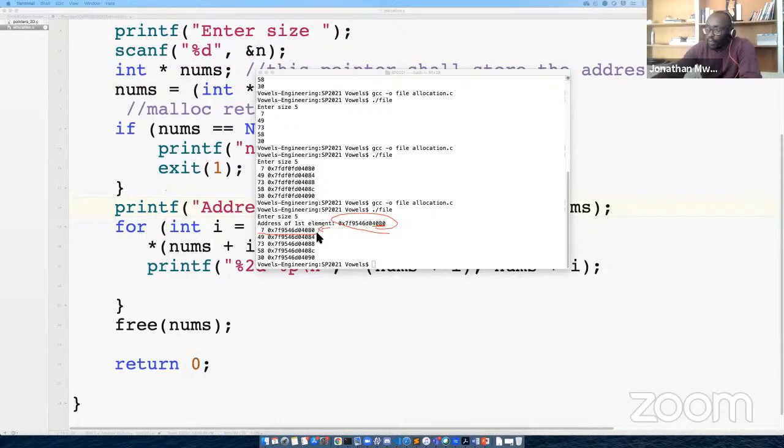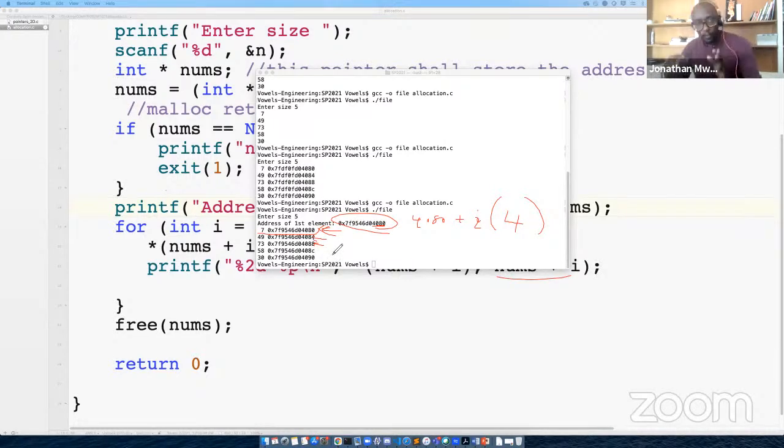And for every single item from there, when we do nums plus I, when we say this number 4080 plus I, what really is happening is when I is 0, we get the same thing. But when I is 1, because we are multiplying with the number of bytes used to store one single element, which is 4, it will be 4080 plus 4, which becomes 84. When it's 2, it will be 2 times 4, which is 8. So 4080 plus 8, which is 88, and vice versa.